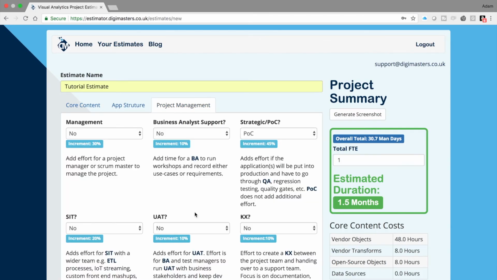Click Next. We are now on the Project Management tab. For every part of this section, it's a yes or no choice, or think of it as add more effort or don't add effort. First up is Management. By default, the estimator takes the development effort of the project and adds 30% to cover the project management or Scrum Master cover. For small projects not using a dedicated person to do any planning or project management, then leave